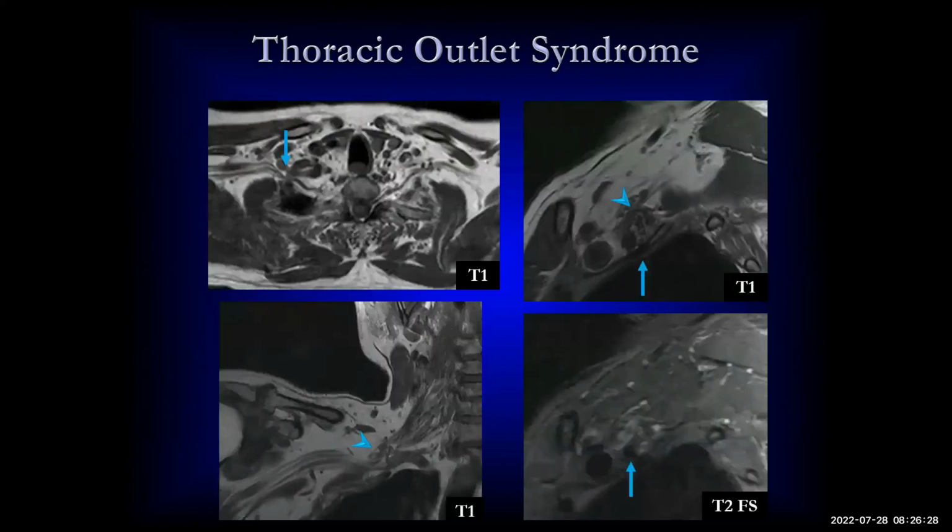So this was causing the patient's symptoms. I have to say that it can be very challenging to diagnose this, especially when you're looking for a fibrous band. So this is a case of Dr. Levy's, that on